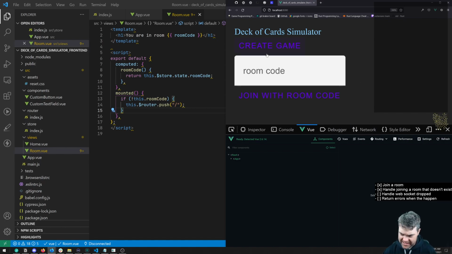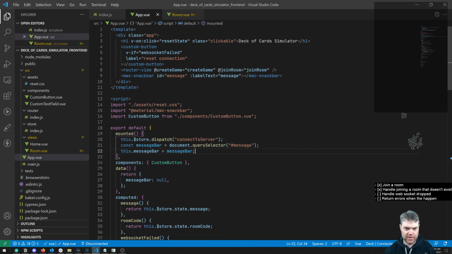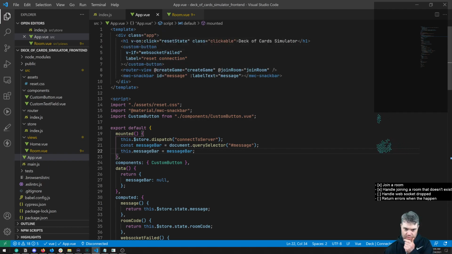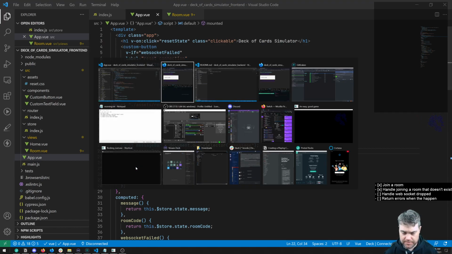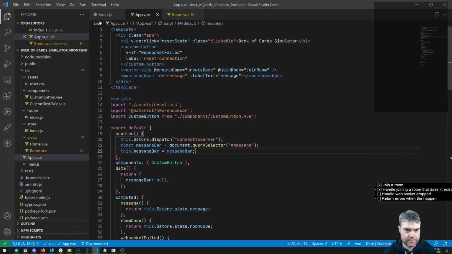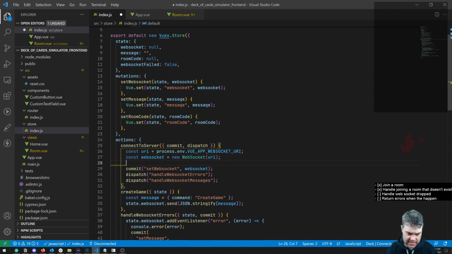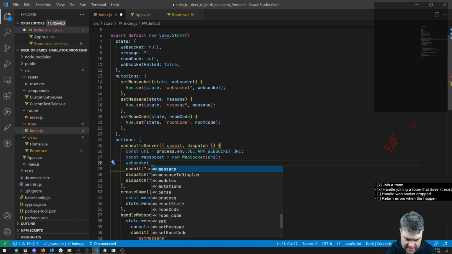Now this doesn't really handle the WebSocket being dropped properly, yet at least. So in here we have this custom button for if the WebSocket failed. When we press that, we're going to want to reset our WebSocket, to reconnect again. Now, is there a method on a WebSocket that allows us to just retry the connection, to reestablish that? When we create that, here's where our connect to server is. We actually have a WebSocket. Let's see. If I do WebSocket dot